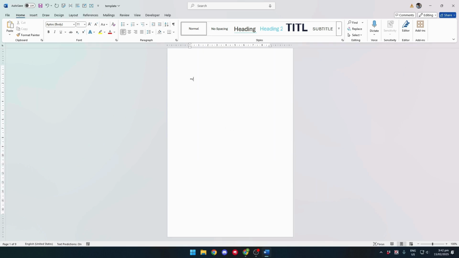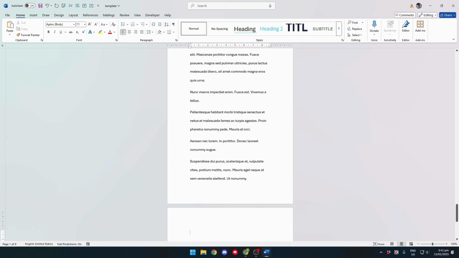Now, another method we can do if we want to input dummy text, for example, is by typing in the same code, equal sign. However, this time, let's type in this code, lorem, and the same open and close parentheses. Now click enter, and that will input